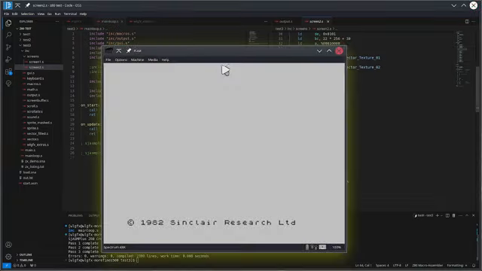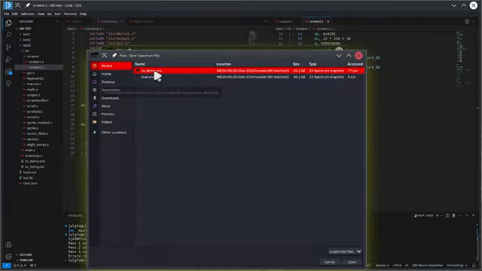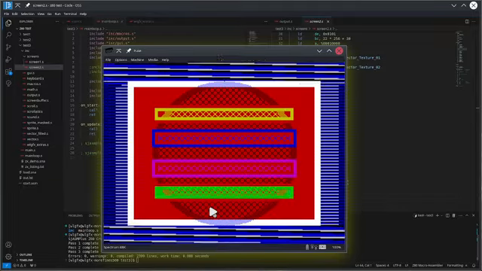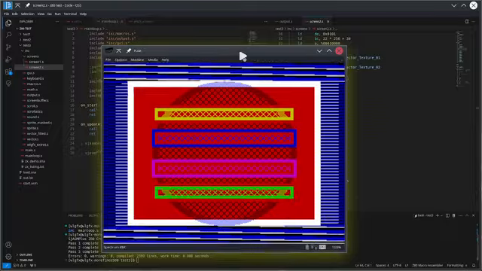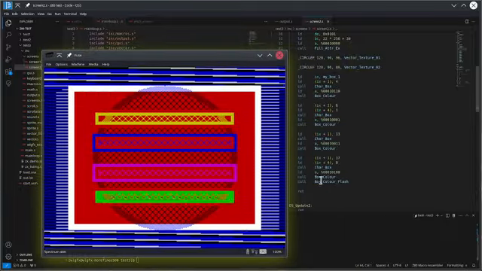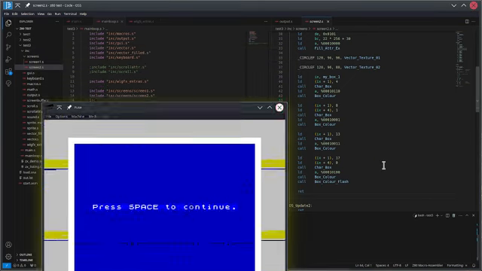Bring up the Spectrum emulator, load that one in, and this is exactly what it does. There's the flash in the middle of that box at the bottom, where all the coordinates are changed on that section, and those functions